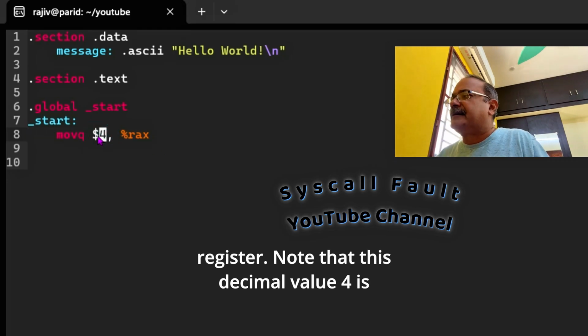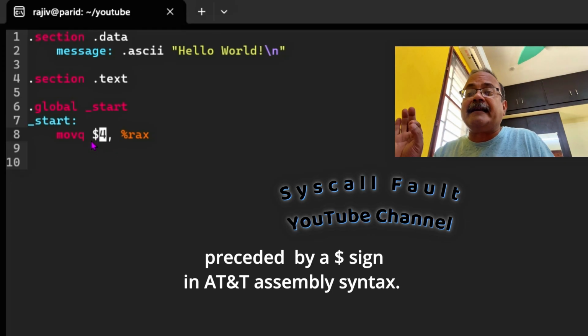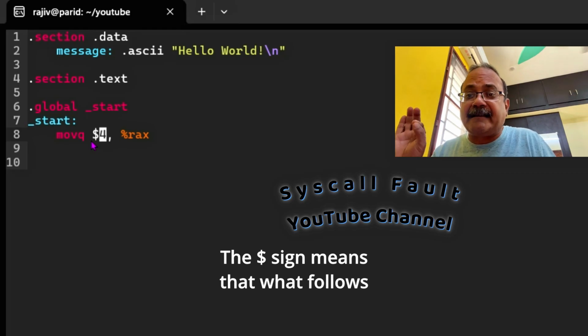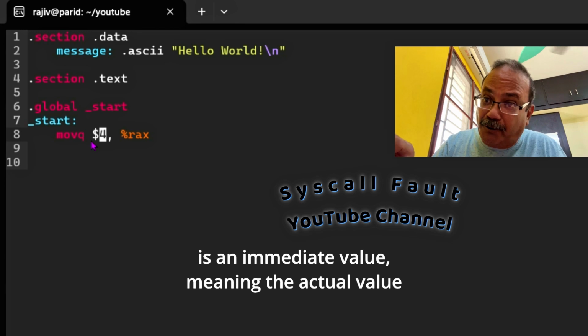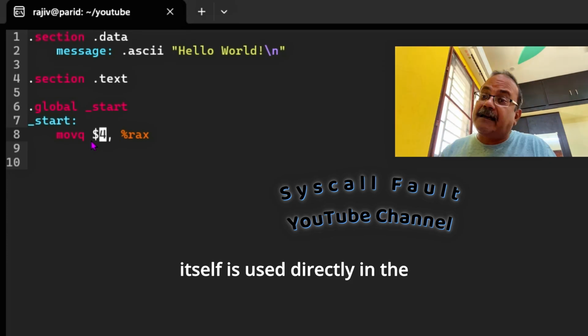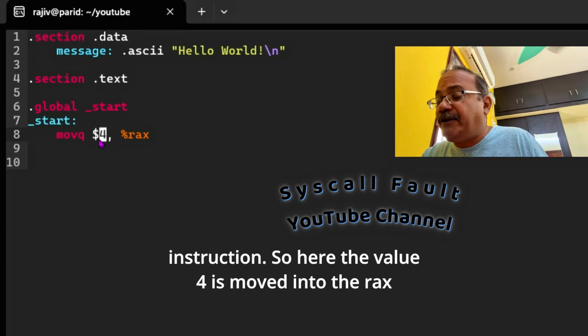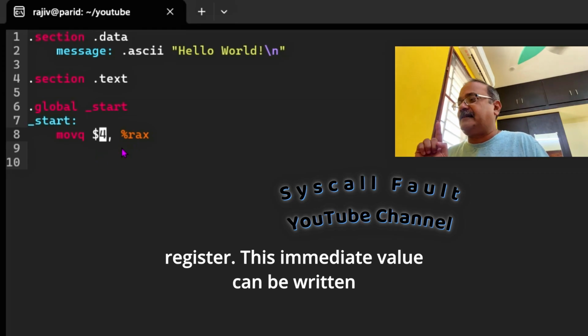Note that this decimal value 4 is preceded by a dollar sign. In AT&T assembly syntax, the dollar sign means that what follows is an immediate value, meaning that the actual value itself is used directly in the instruction. So here the value 4 is moved into the RAX register.